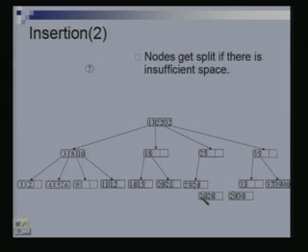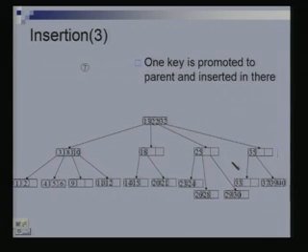But now it's going to have 3 children. But how many keys are there? 1. So we need one more key here. Right? If it has 3 children, it should have 2 keys. So which key should I put here? Okay, I'm going to promote one of the two nodes that I created by splitting. I'll promote up, right? So it's best to just promote up 28 here. I could also have promoted up 29.